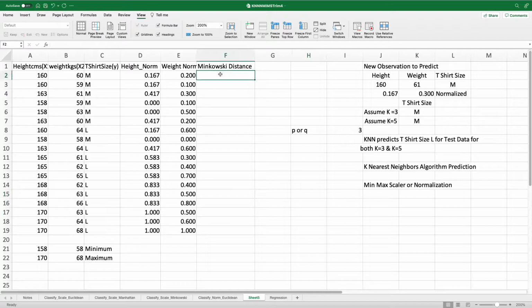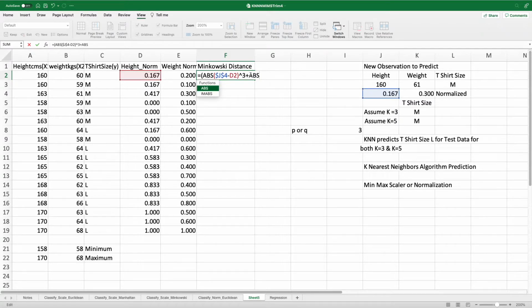Okay. So, is equal to open two brackets, ABS, right? Or open ABS open bracket 0.167 minus 0.167 to the power of 3. This would be fixed,